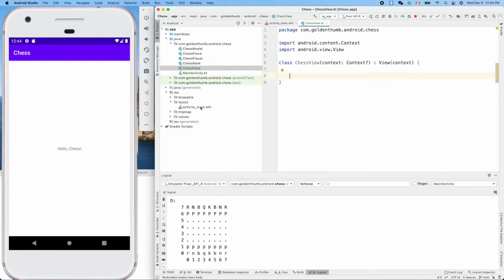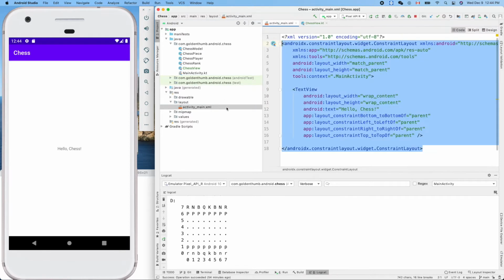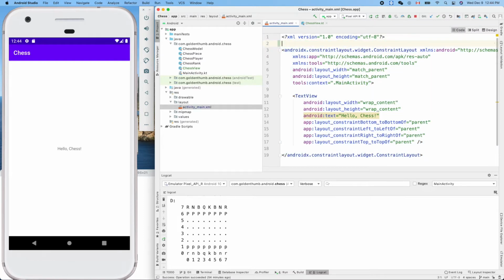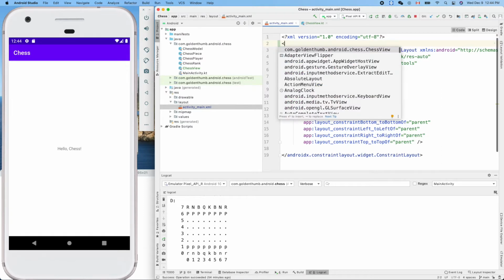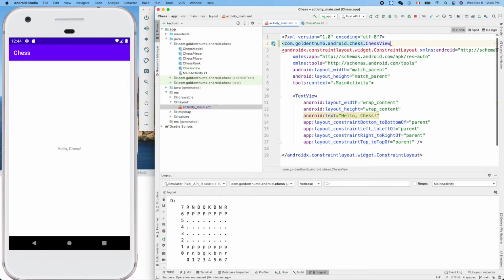now let's replace that view using our view. So we need the fully qualified class name, this one dot ChessView, to replace this guy. Okay, so let's make a copy of this guy here and go to here, and we'll replace this one with it. It's already popped up. You see, after I press the less than angle. Okay, so now this one